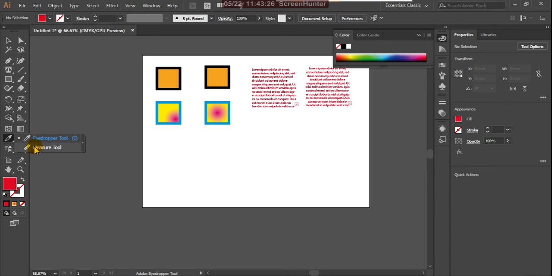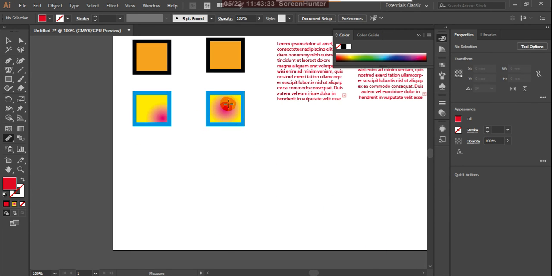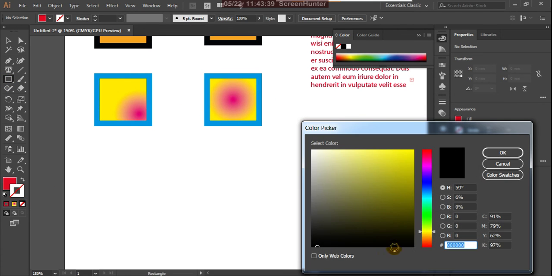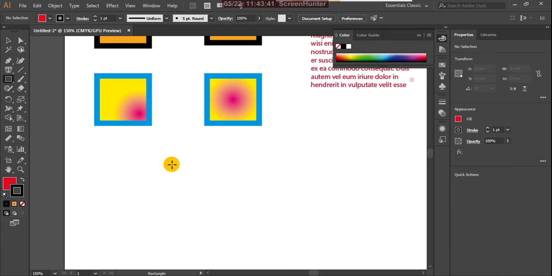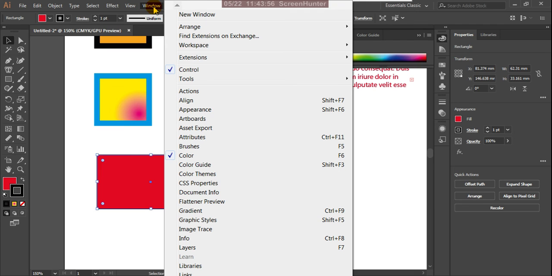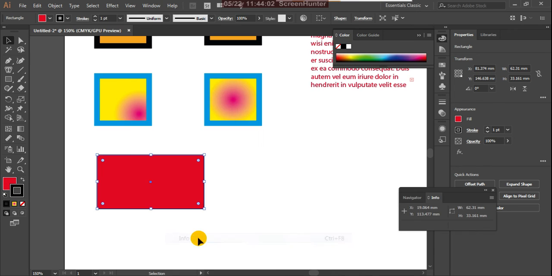Now the next tool is the measuring tool. See, the measuring tool is simply like a scale tool. With a scale, we measure height and width. In the same way, here also we can measure. Suppose I draw this box. To check the measurements, first we get the information panel from the Window menu. Click on the information panel.